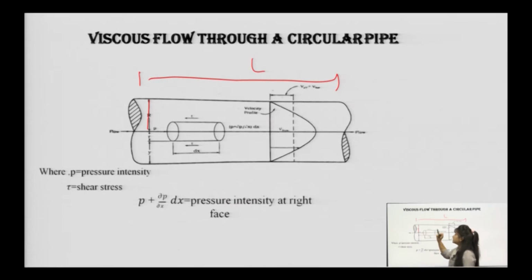Now we have considered a small elemental fluid of radius small r. You can see this radius small r already written, and the length of this elemental fluid is delta x. Let us suppose dx is the length of that elemental fluid, whereas the length of this circular pipe is capital L. Now we need to understand which forces we are going to equate, taking the equilibrium condition where the summation of all forces is 0. The major forces acting here are the pressure force,